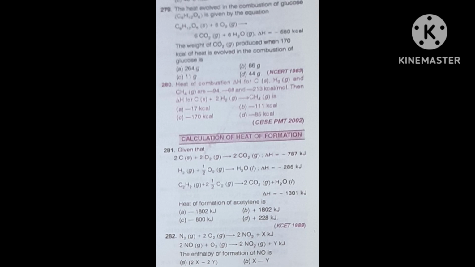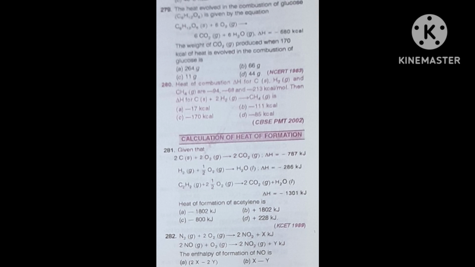Product minus reactant: product is less, reactant is more. Then the difference is minus 3 by 2. So Δn is equal to minus 3 by 2. And now actually you have to calculate ΔH. For that you have to use the common formula: ΔH is equal to ΔE plus Δng RT. Always remember this enthalpy formula: ΔH is equal to ΔE plus ΔnRT.